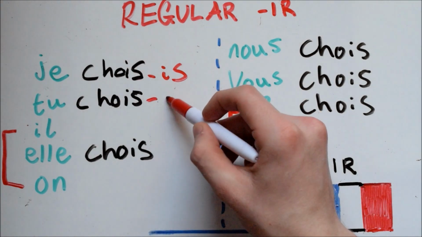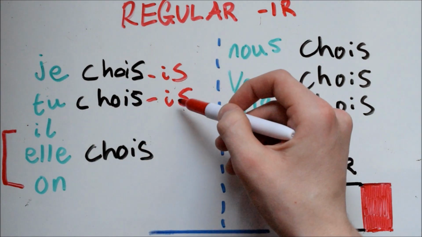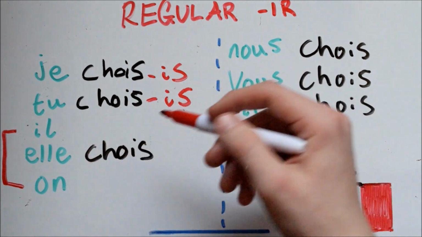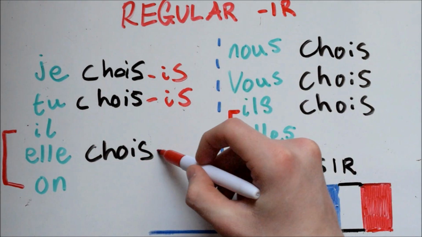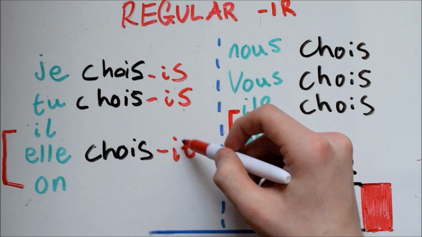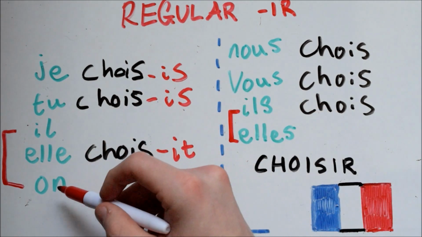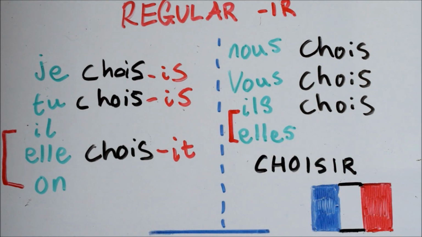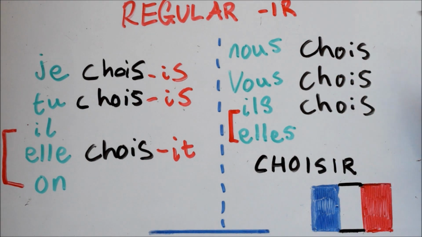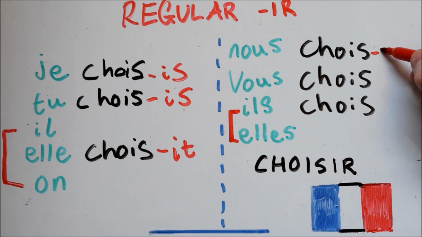Next we have you. The ending is also IS. Tu choisis. It is also not said. Il, elle, on choisit. Sounds the same, but it's IT rather than IS. The T isn't pronounced. Il choisit, elle choisit, on choisit. Next we go to this side of the board. For we, the ending is more complex, and for all of these, the ending is